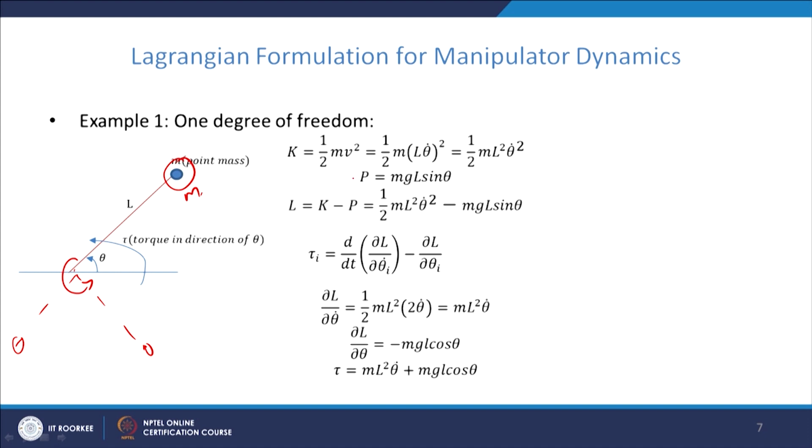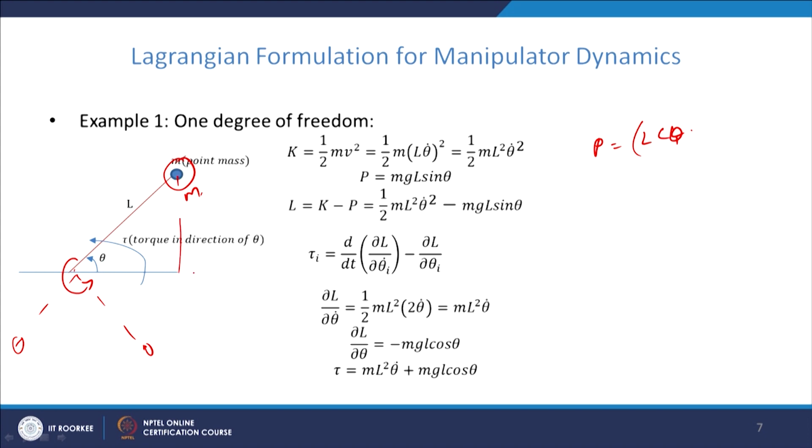So, the point P at the end of the manipulator is given by the formula, that is the point P is equal to, the length is L here, L into cos theta, L sin theta. Okay. Here the angle is theta.